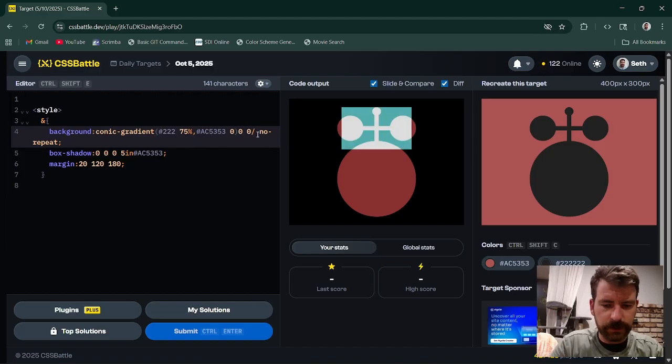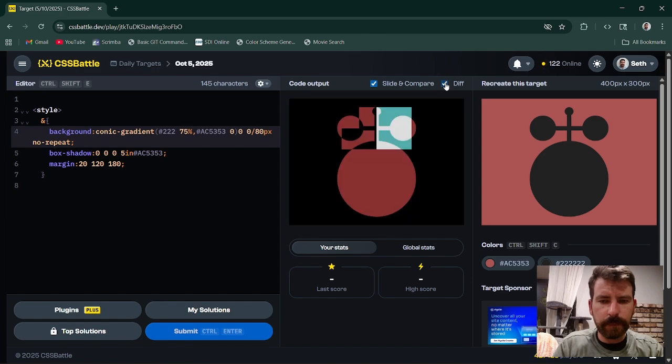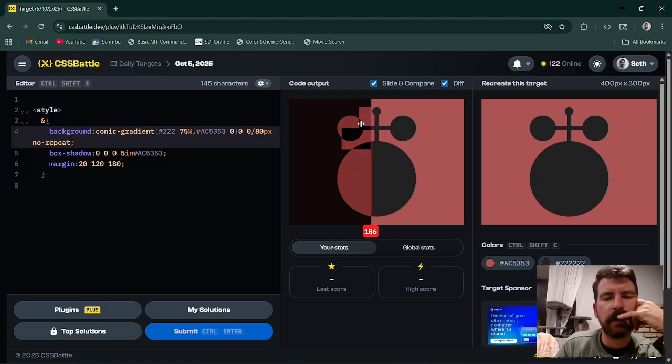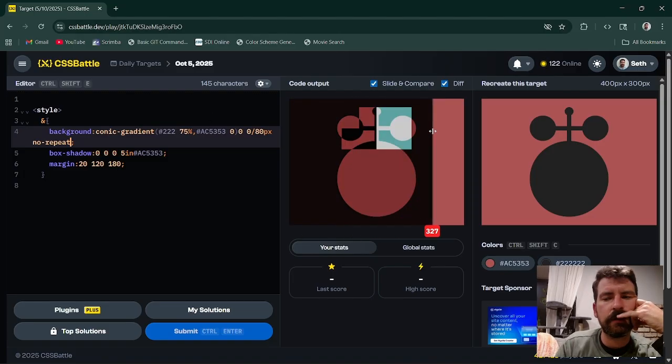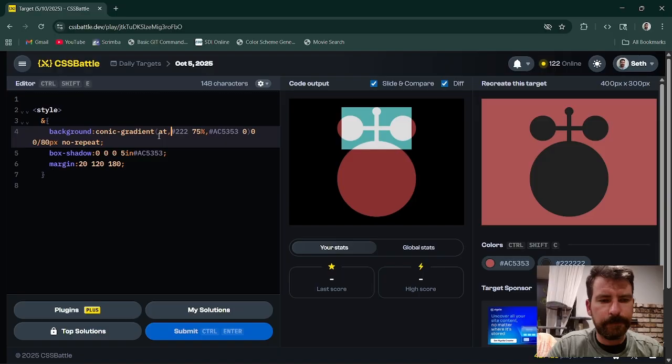We need 0, 0 on that, and then 80 pixels. There we go. So 80 wide. And we're not repeating. So if we do repeat, but now since we're 80 wide, we need, okay. All right, that's why we need the at rule, because we're actually putting it in the bottom right corner of the